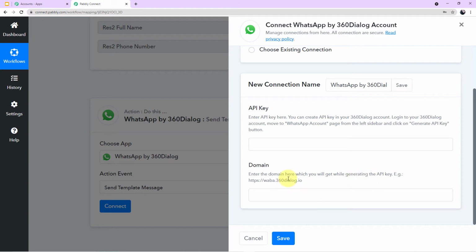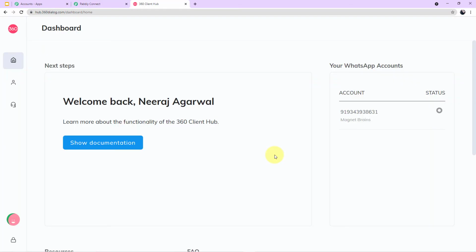waba.360dialog.io. Okay, so guys, let me take you to my 360 dialog account first. Okay guys, as you can see on my screen, this is my account on 360 dialog. Now if you are in doubt how I have reached to my account on 360 dialog or how I have